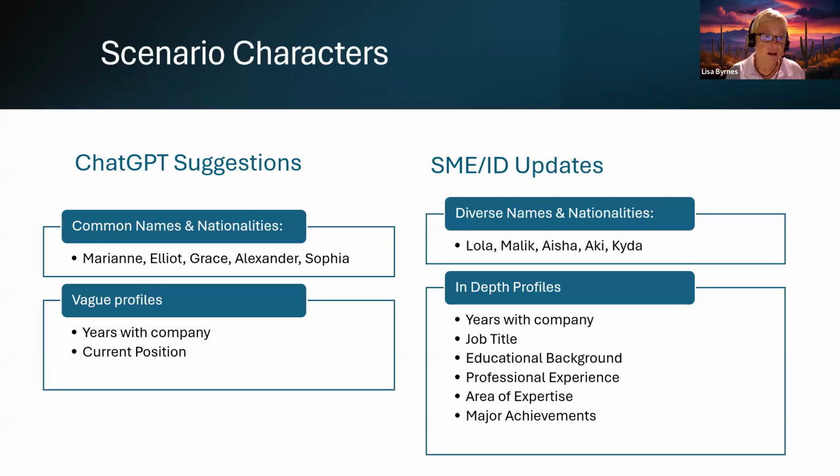They were very short. So we went back to it and asked it to give us more diverse names and nationalities, and we wanted more in-depth information about each person. We wanted to know how long they've worked with the company, what their background was, what their area of expertise was, what their age was, what their major achievements were. Did they have any experience with organizing a union in the past or being a part of a union? So we asked it to do this, and it gave us a much more robust character list and character backgrounds,